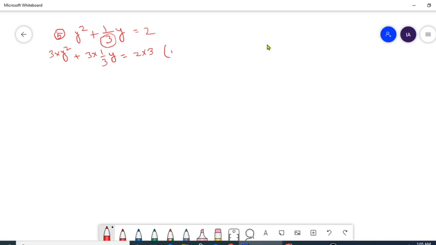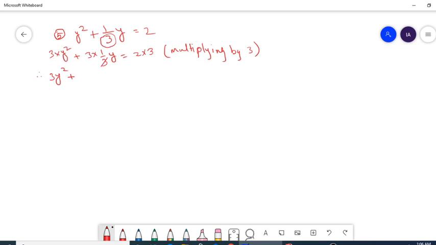So here we are multiplying by 3. After multiplying, 3 into y square will give me 3y square